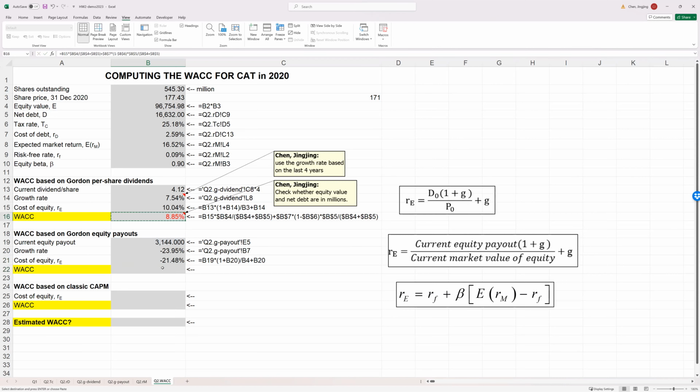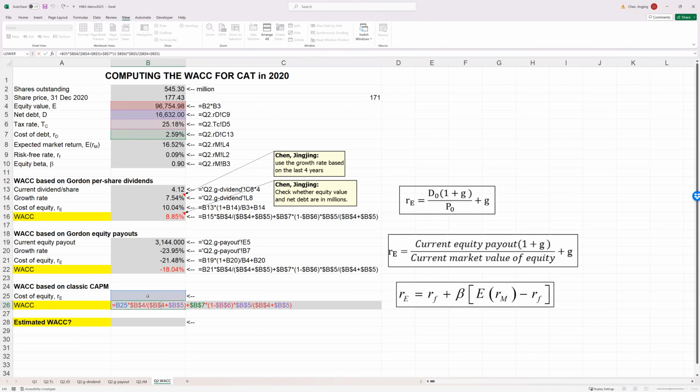And then for the calculation of WACC, I can simply copy it down, and copy it down here as well. This is not the final answer yet, because currently the cost of equity based on CAPM is empty. So we just need to calculate the cost of equity based on CAPM. We first need the risk-free rate plus beta. By the way, the risk-free rate now is roughly 5%,